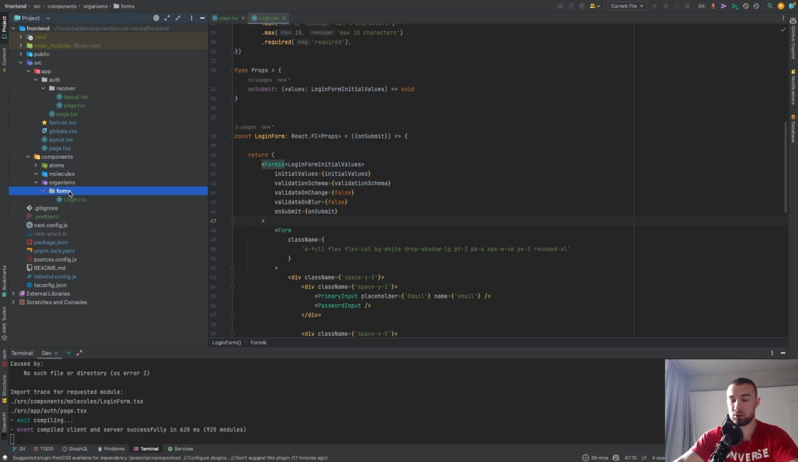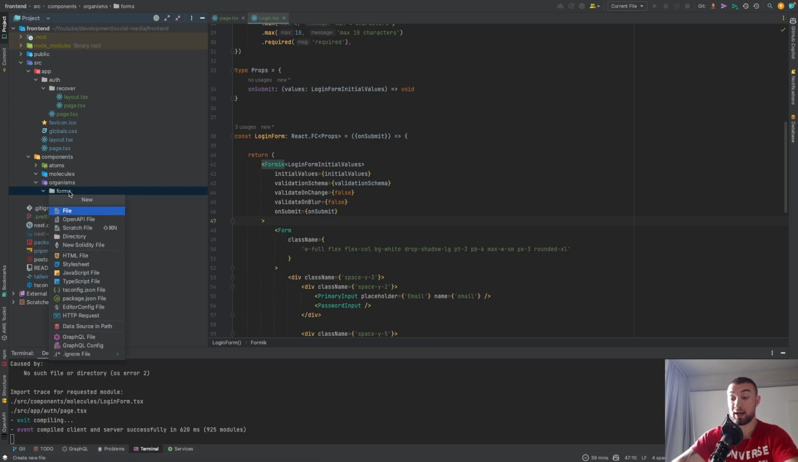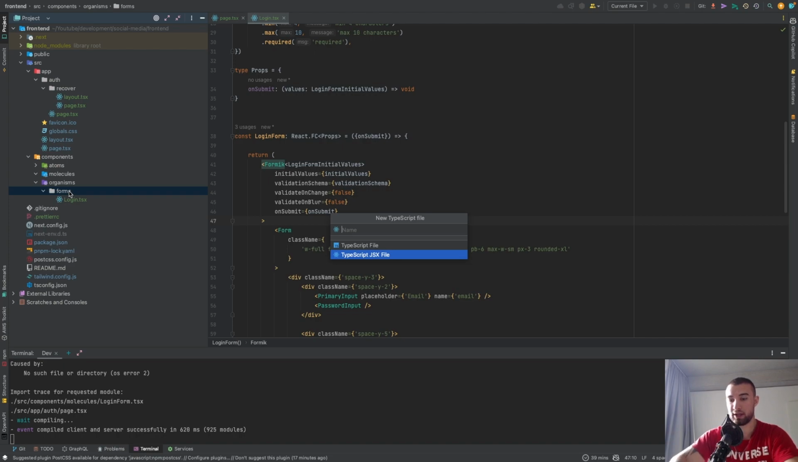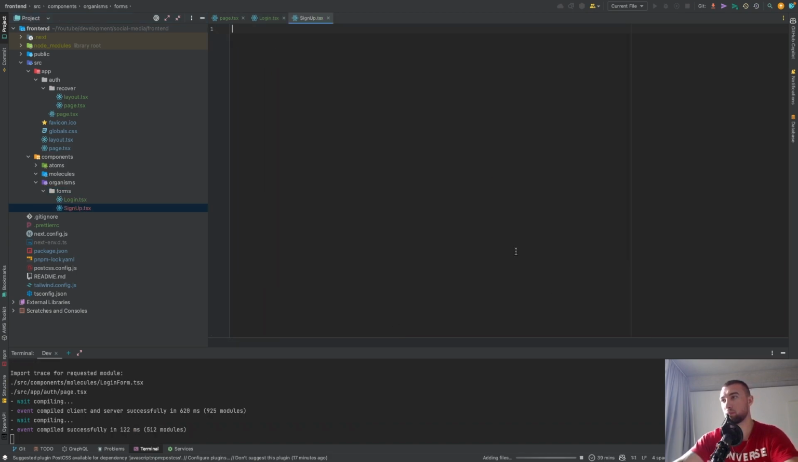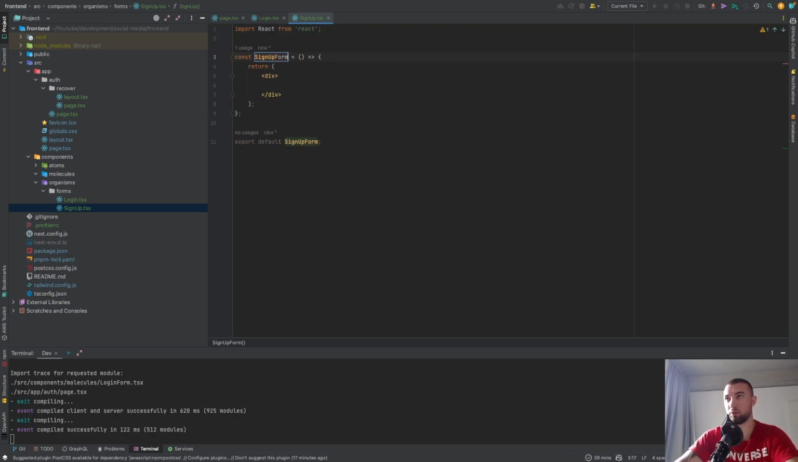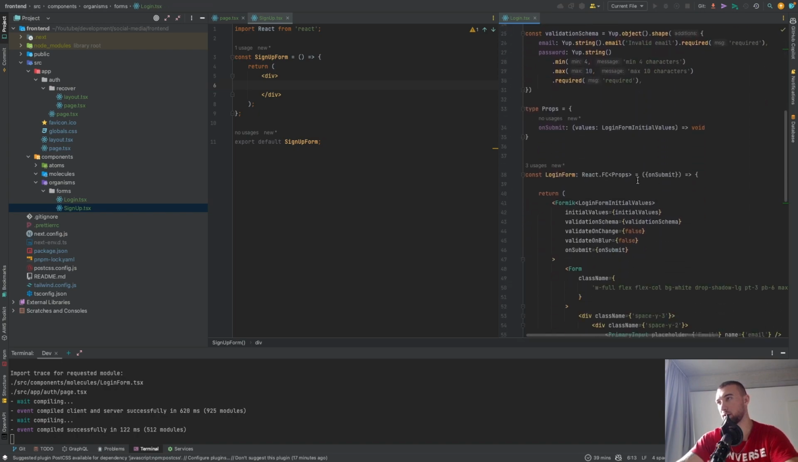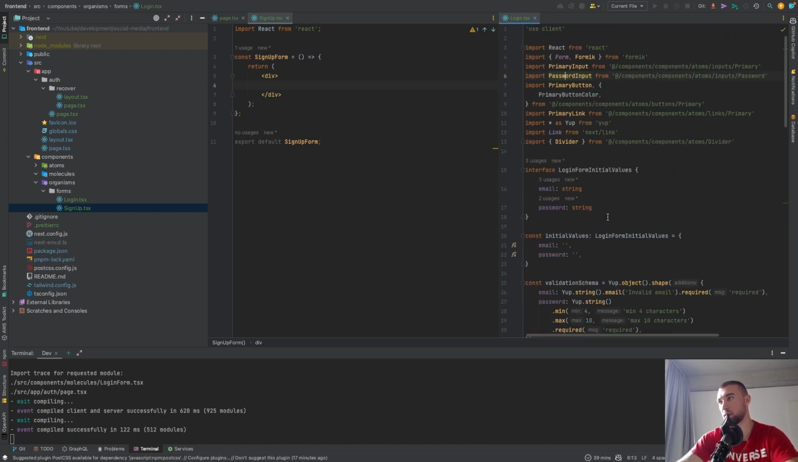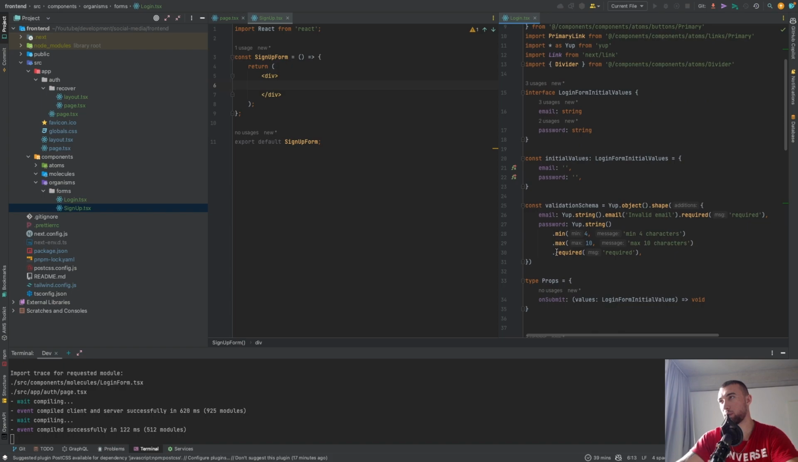And now we want to create a register form as well, or let's say sign up. And in here we have sign up form. We can pretty much copy paste here everything actually, and then add additional fields, but we need to rename